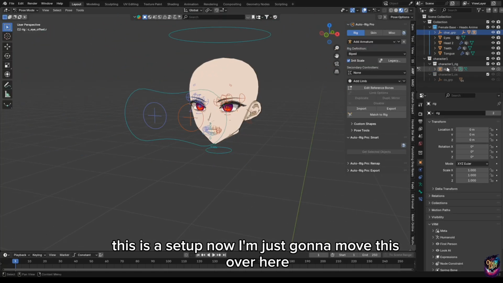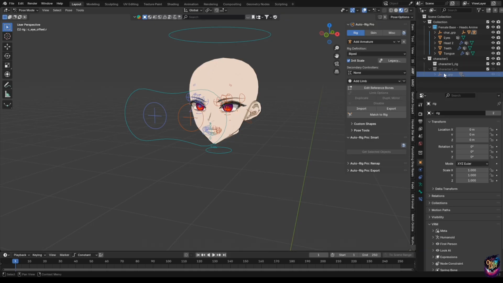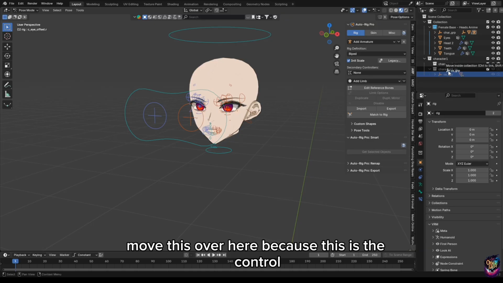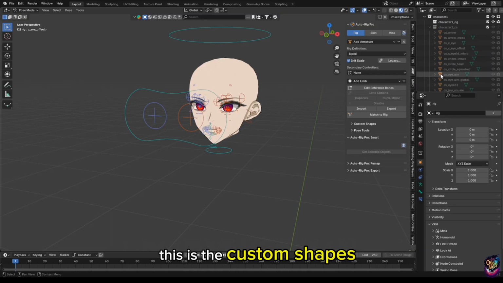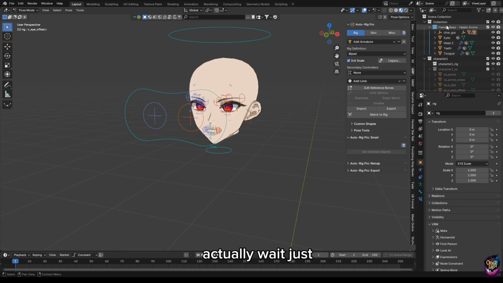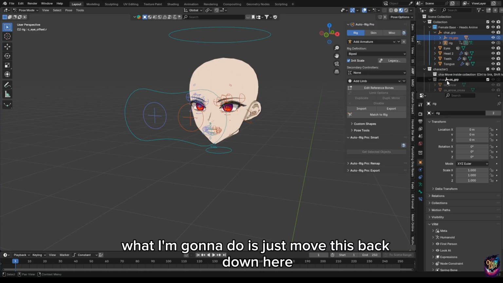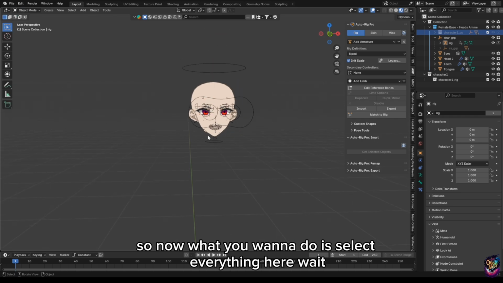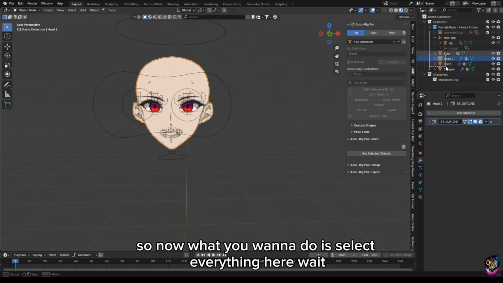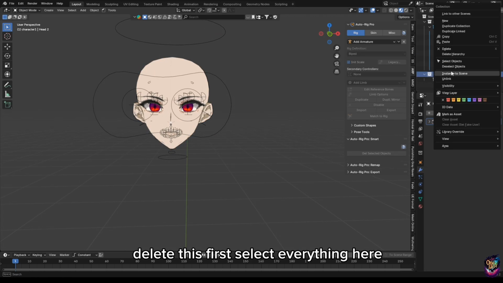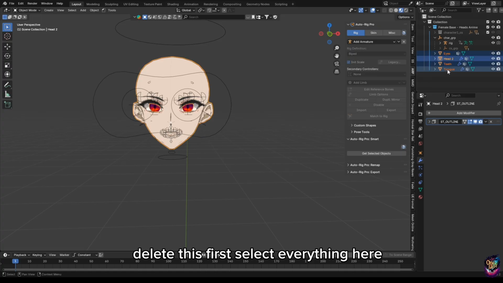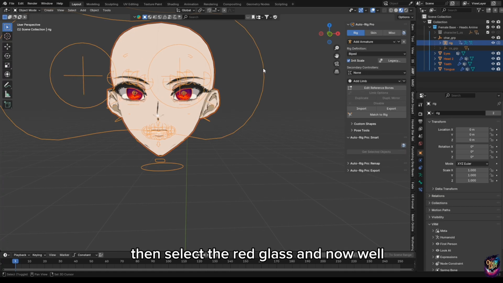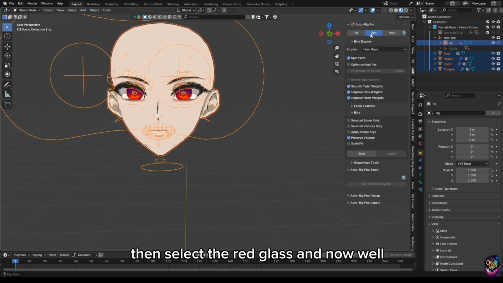Now I'm just gonna move this over here, because this is the control. This is the custom shapes. Actually, wait, what I'm gonna do is just move this back down here, move this in here, so it'll just be like that. Alright, so now what you're gonna do is select everything here. Wait, delete this first. Select everything here for your anime head,